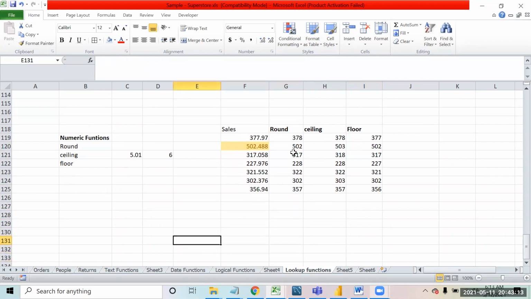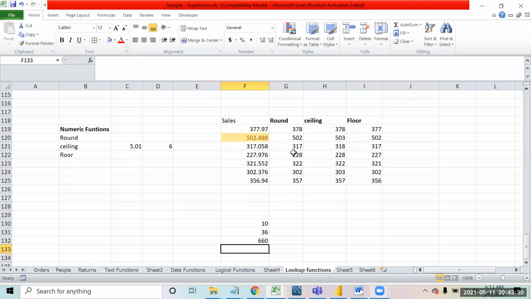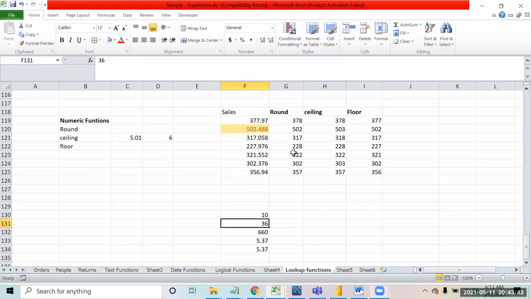Suppose I have some numbers like 10, 36, 660, and a number with decimals, 5.37. Now suppose these are the numbers that I have.